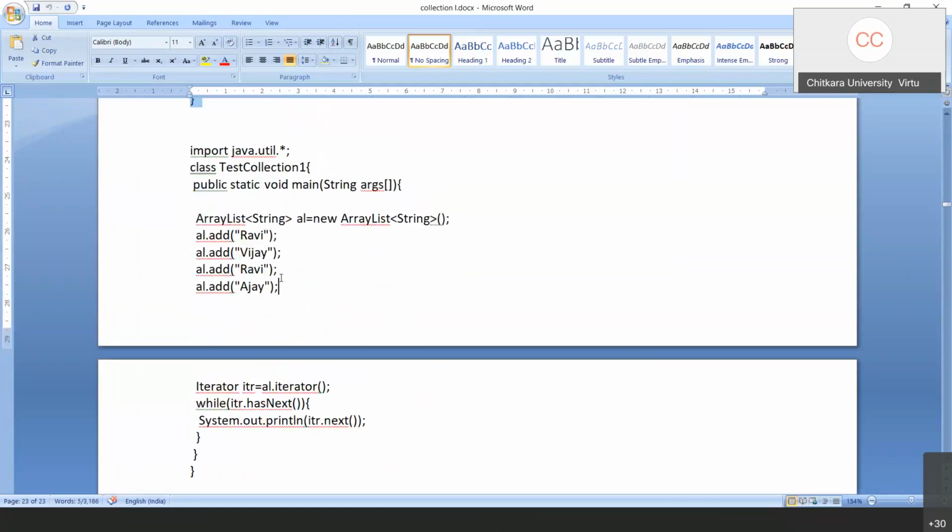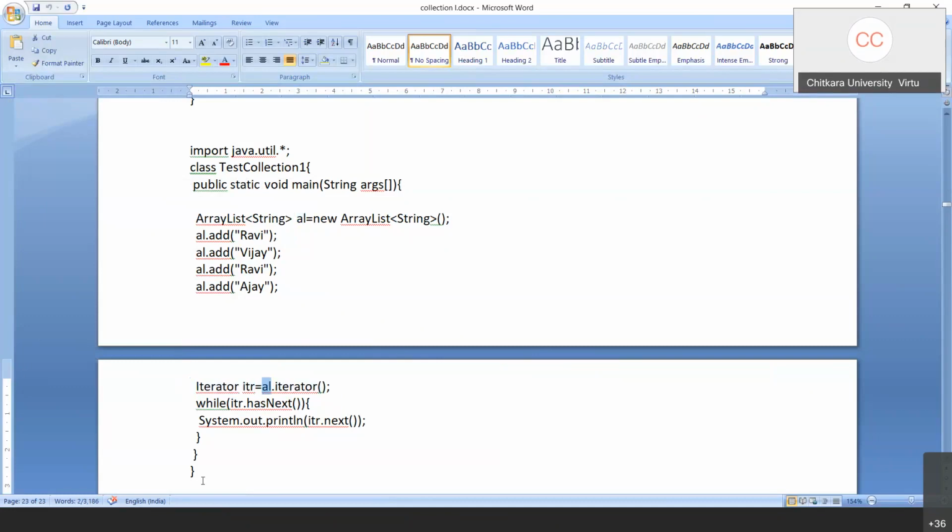If you take the next example into consideration, I'm using a concept called iterator. Now, how does an iterator work? You declare a reference variable of the type iterator and then make it point to a concrete instance of a collection. Which is a concrete instance of a collection? We have something called an array list. So on the left hand side, you declare a reference of the type iterator and attach it to the array list by saying al.iterator.